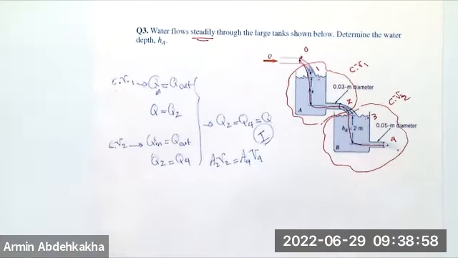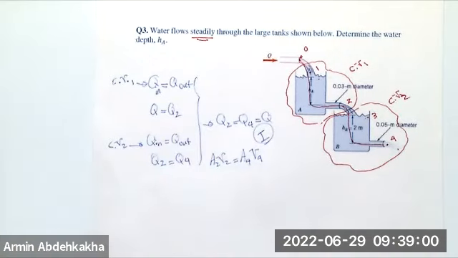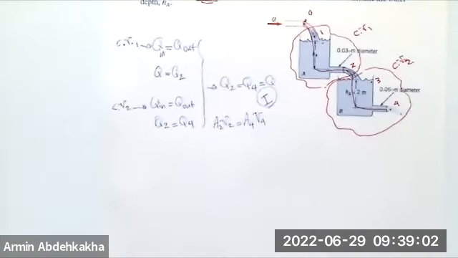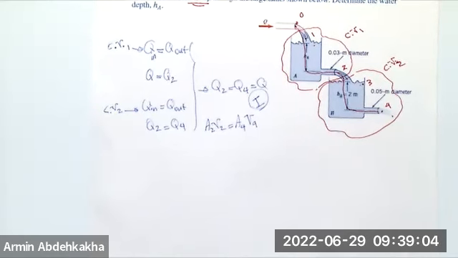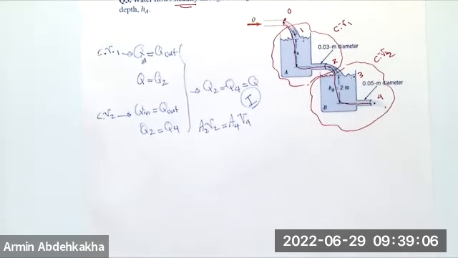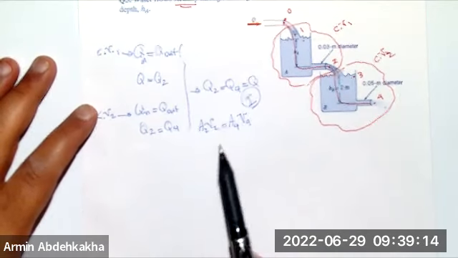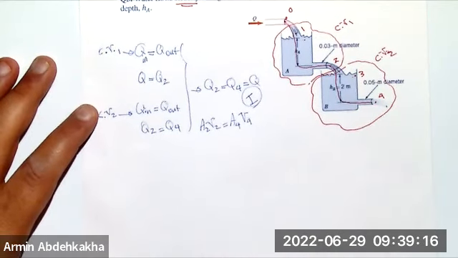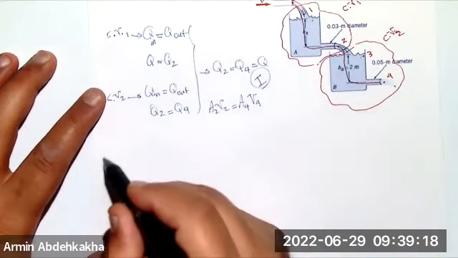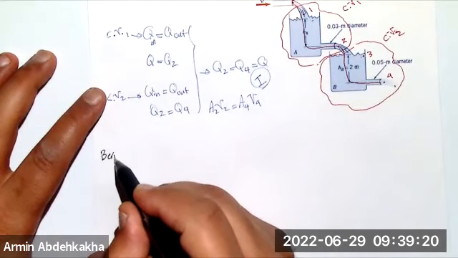Why do we need this equation? I'll let you know later when I apply Bernoulli's equation. The number of equations that you have is less than the number of unknowns, so you need one more equation, which is the conservation of mass. Okay, so let's apply Bernoulli